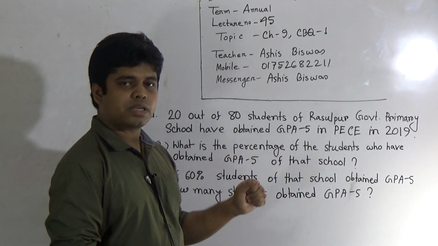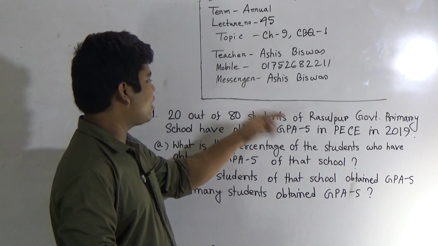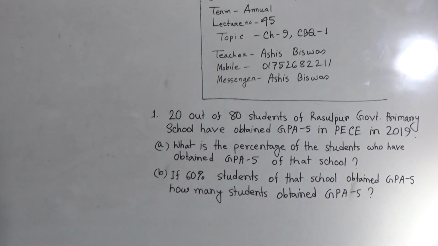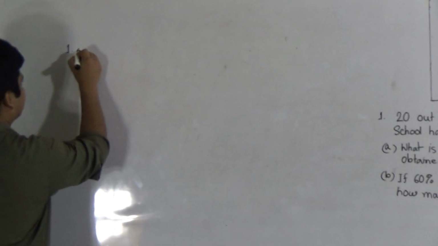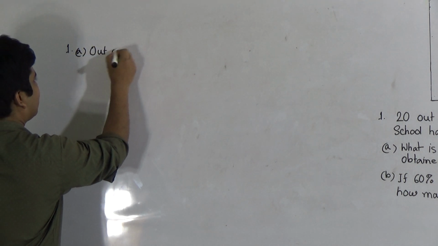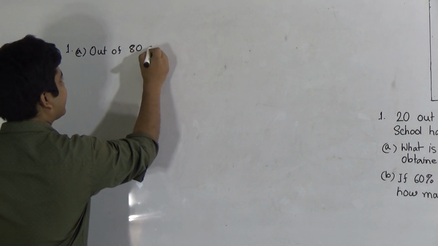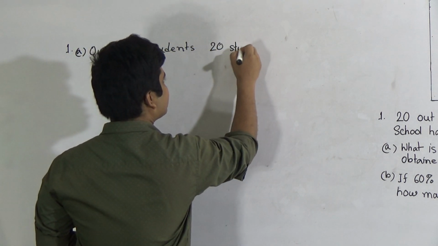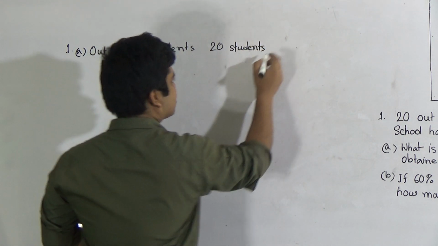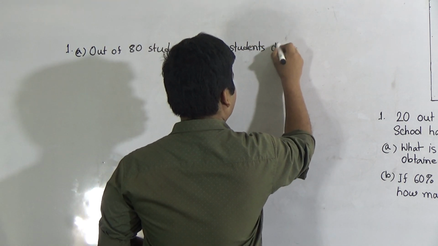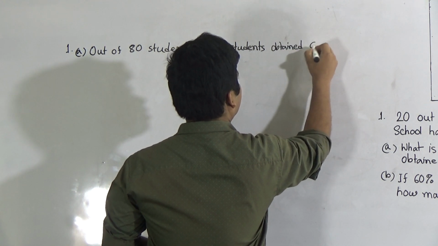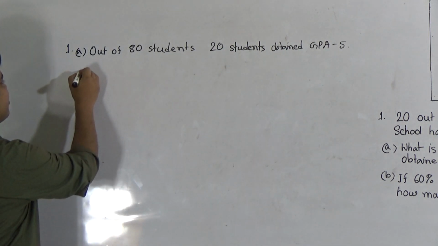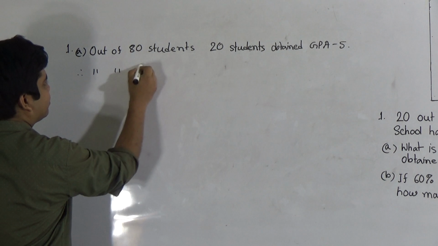So in order to solve this math, at first I write out of 80 students, 20 students obtained GPA 5, right? Then unitary method, out of one student,